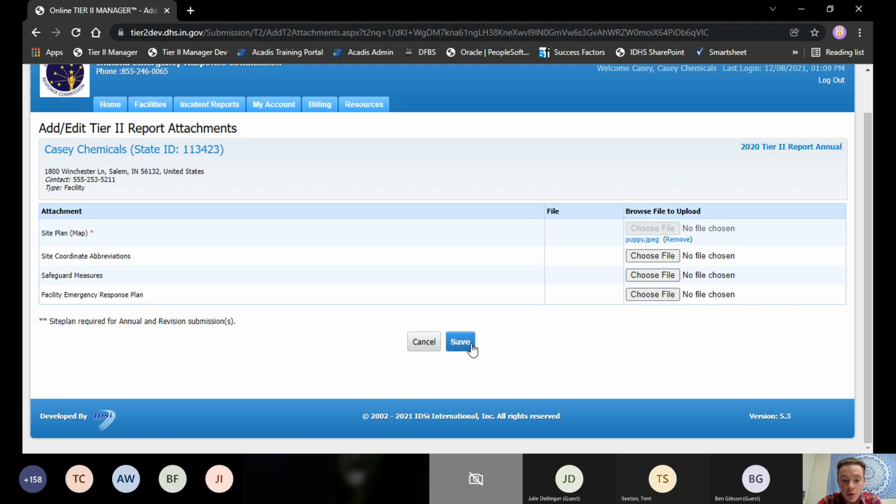Once you've got that set up, you can hit save. That's the only required field. I do want to point out as well, sometimes your county or your LEPC might ask for a little additional information about your facility. They do have the right to do that. And if you need to submit that information to them for your Tier 2 report, or if they ask for that,